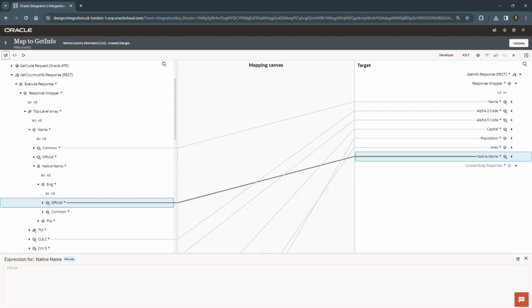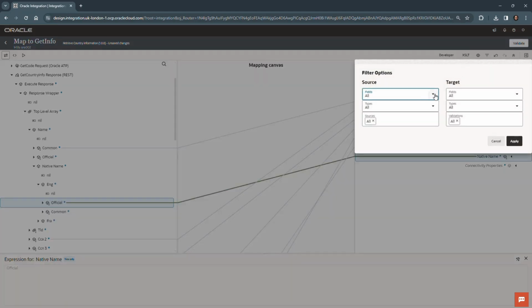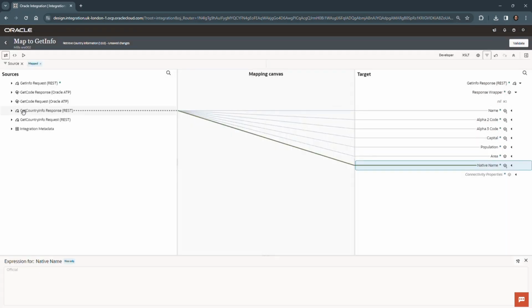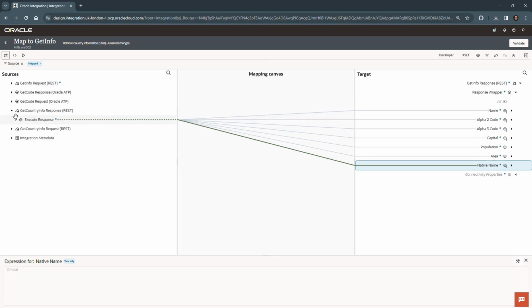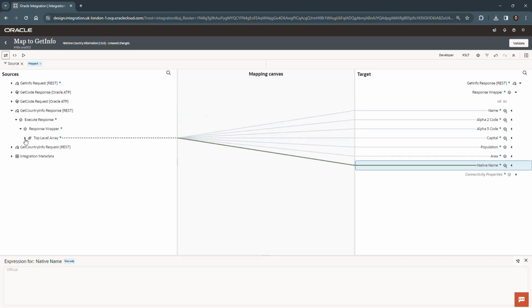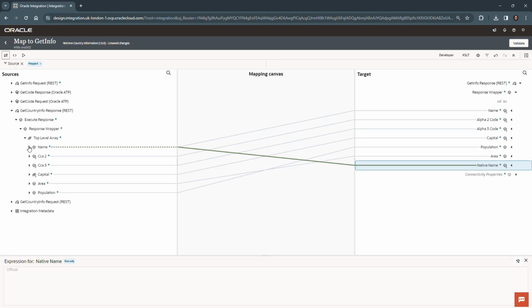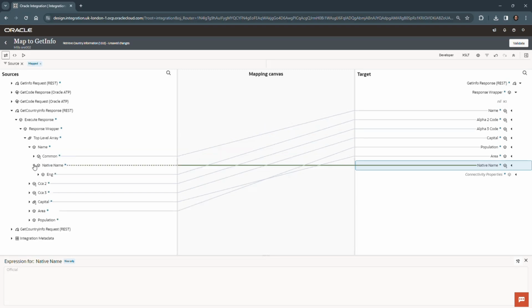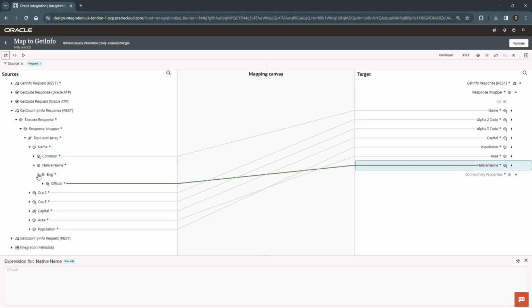And once again, for checking the mapping, we remind you how we can use the filter on both the left and right side if we want to, but really we just need to see what's mapped from the source since there's only a few objects here in the target. And when I expand that, it allows me now to see that I've got the correct values according to our requirements,